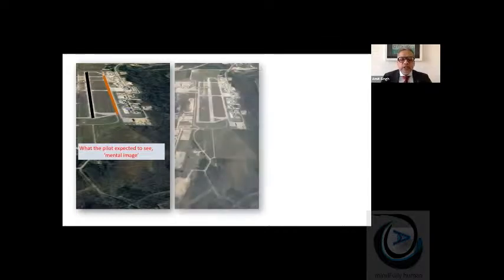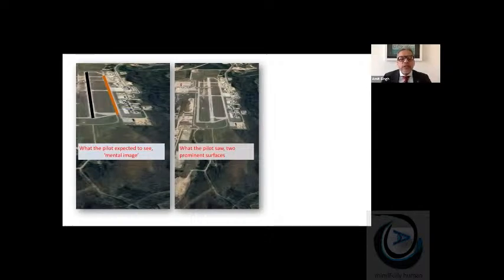What did he actually see? Because he came after a long time, another taxiway was constructed. So on the left of the runway, there was a taxiway now, which was more prominent than the taxiway on the right. So we have the runway and the taxiway on the left. And there was a Dash 8 on that.